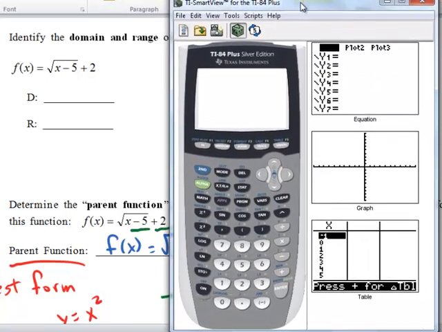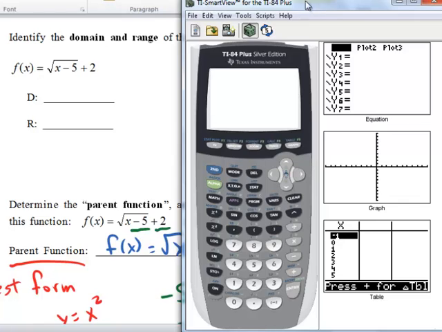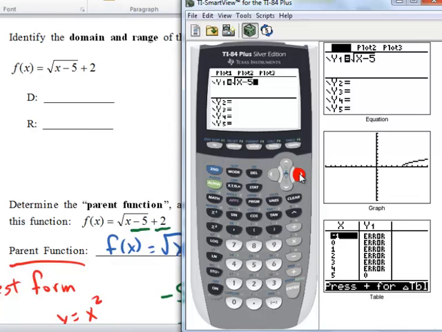Question number 5 asks you to identify the domain and range of the function, and really what we did in this chapter was we did it by looking visually at the graph. So we're going to go and enter this function into our calculator. So you want to put in the square root of x minus 5 plus 2. And we're going to graph this and identify the domain and range using the graph, and then we'll write it